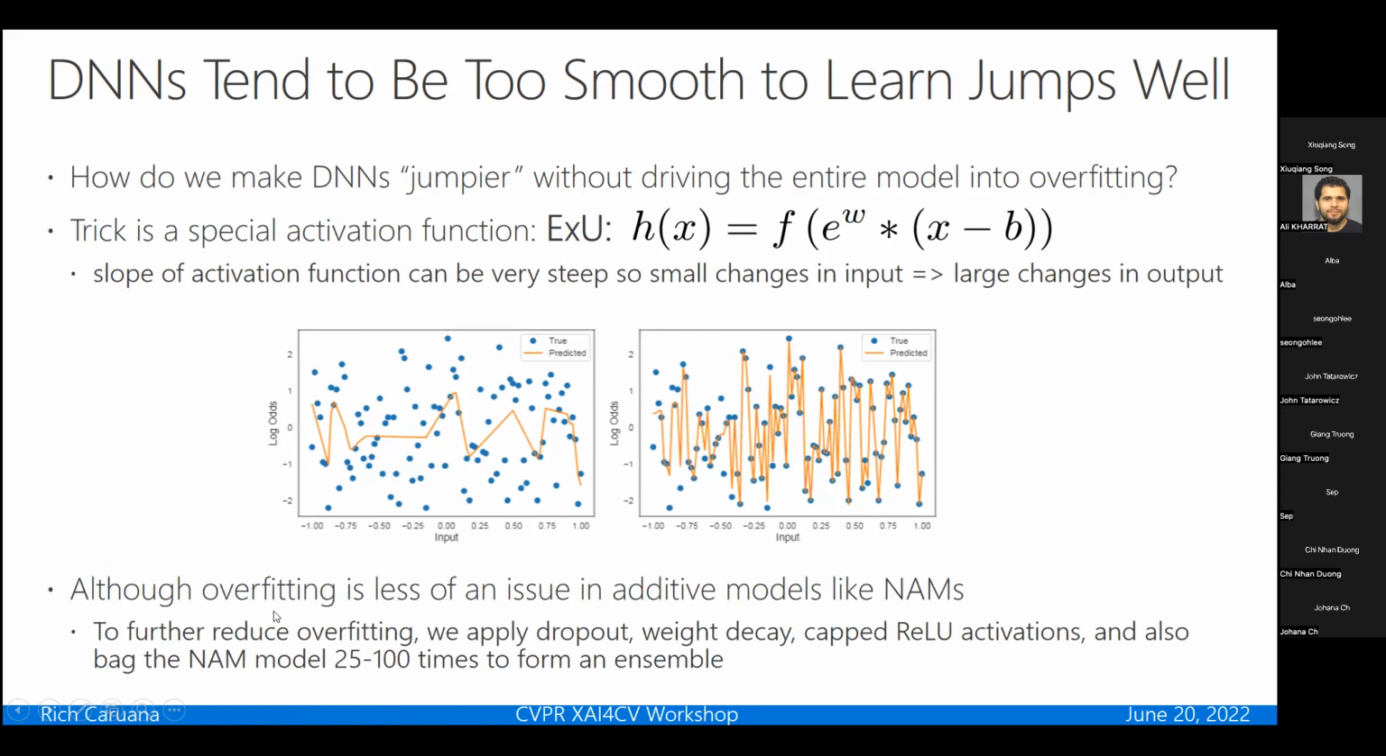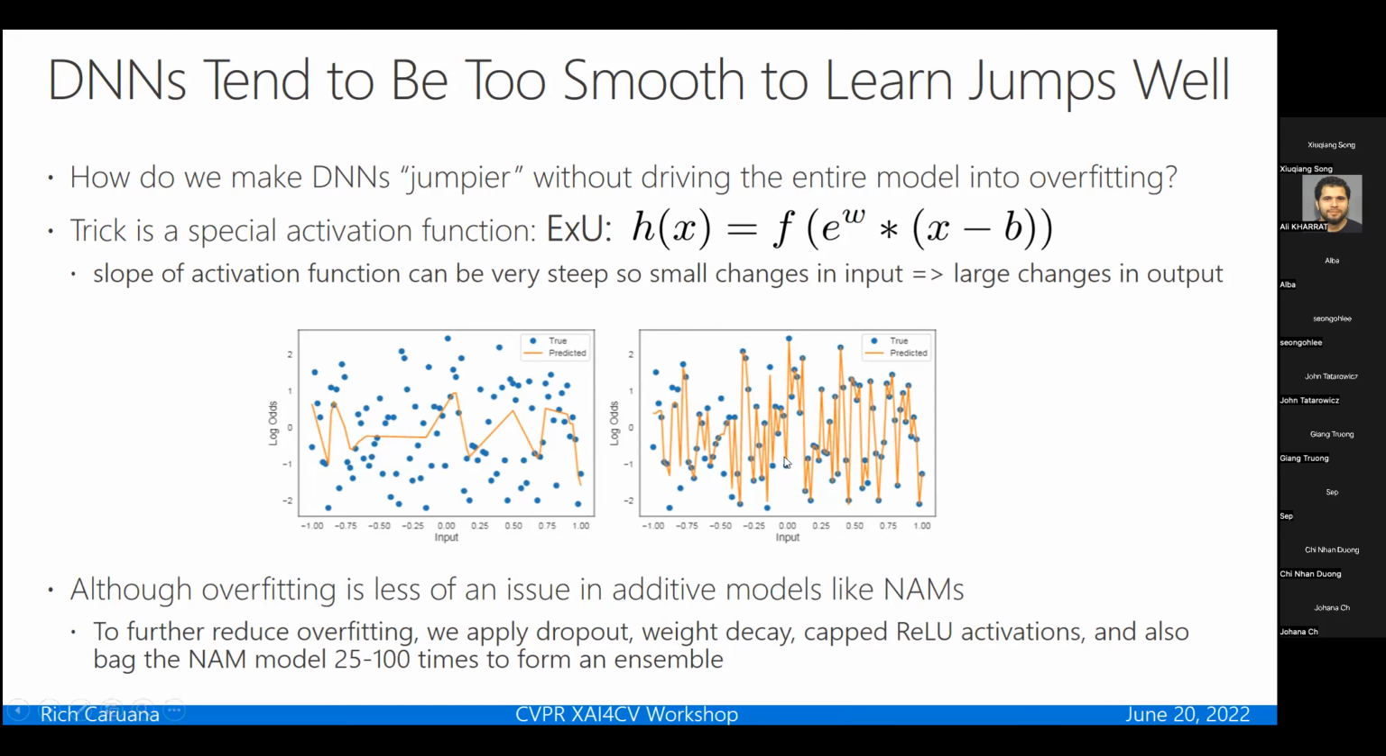Here's the interesting thing. Now, overfitting is less of an issue in generalized additive models, but we still want to further reduce overfitting. So we apply dropout, we do weight decay, we cap the ReLU activation so they can't go to infinity. We bag the NAM model, say 25 to 100 times, to form an ensemble. We do all sorts of things to do variance reduction after we have learned the model that can learn these